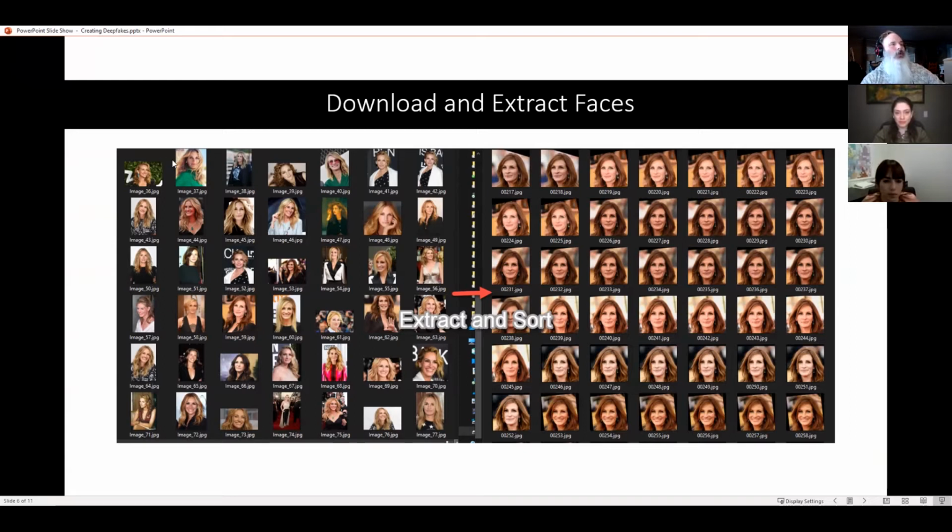I wrote a quick script to go on to Bing, or it could be Google, and do a search for Julia Roberts, and it pulled down all these pictures of Julia Roberts. Then I used the Faceswap software to extract all the faces and then do a sort. This sorting allows me to determine how many duplicates I may want to filter out, and to remove other faces. You can see there's a couple of other faces in here that aren't Julia Roberts that we